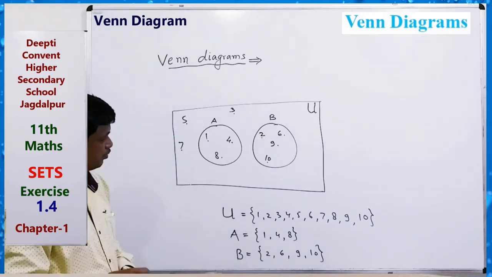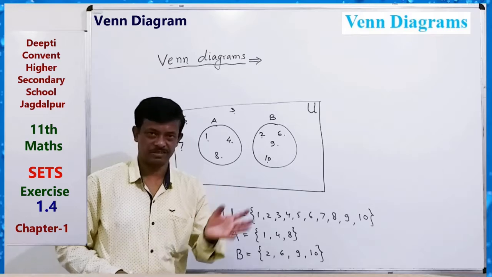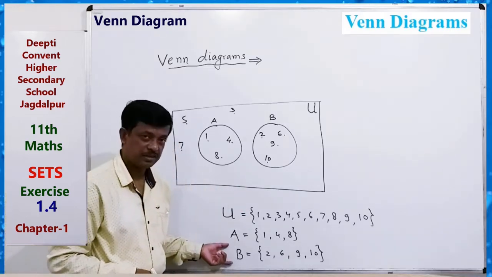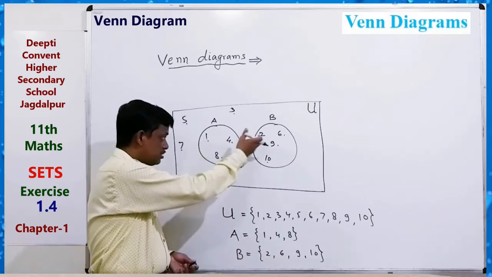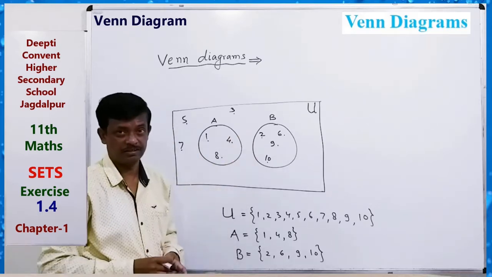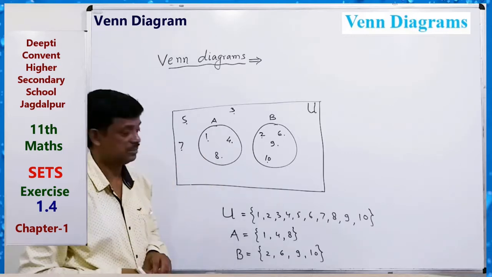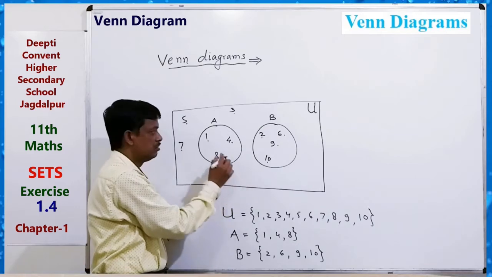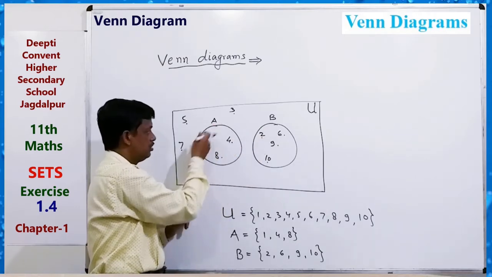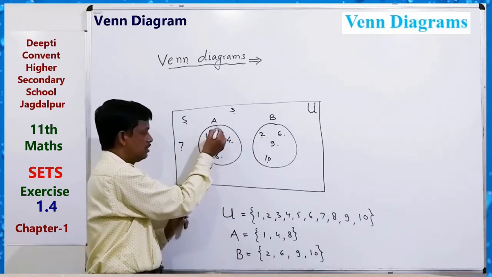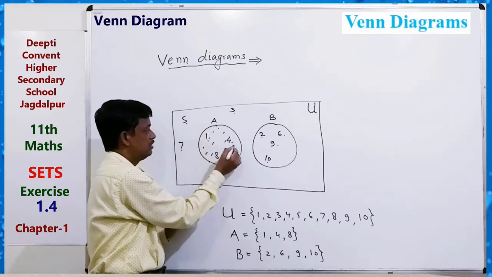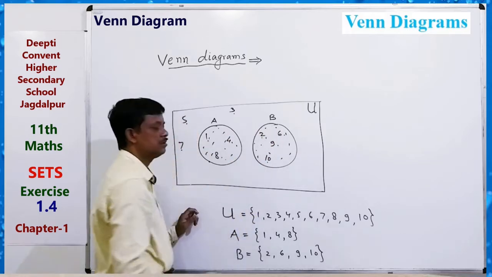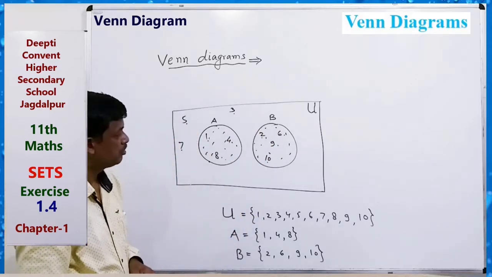Here we see that we know about union and about intersection. So if we want to find the union of these two sets, in the case where A and B are not connected, meaning there are no common points, union means the whole of A and the whole of B. These two completely, we can shade like this. These two parts represent the union of the two sets.